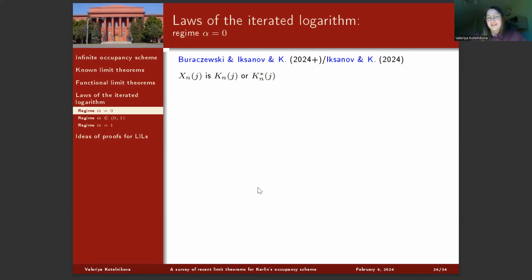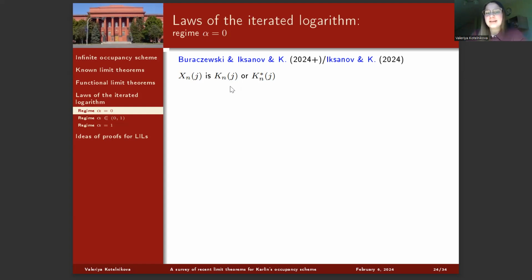Then we asked ourselves the question, okay, what about laws of the iterated logarithm? Nobody had proven them before, and this is what we did. There are two papers dealing with it. In a paper which hasn't been published yet, by Darek Buraczewski, Alexander Iksanov, and me, we were proving the law of iterated logarithm for the number of boxes containing at least j balls. And in a paper which was published by Sasha and me this year, we were dealing with small counts. However, the results turned out to look exactly the same, so as not to state the same theorems twice,